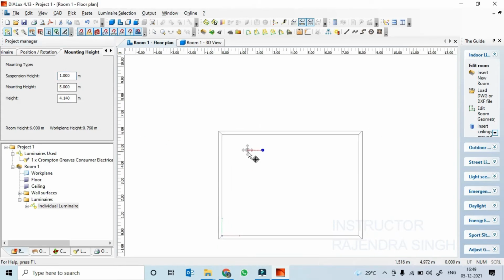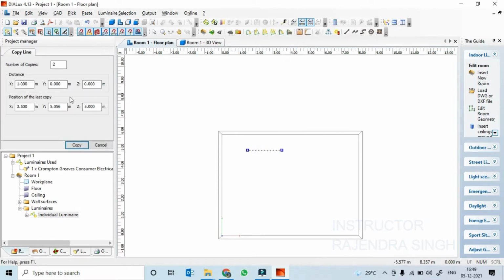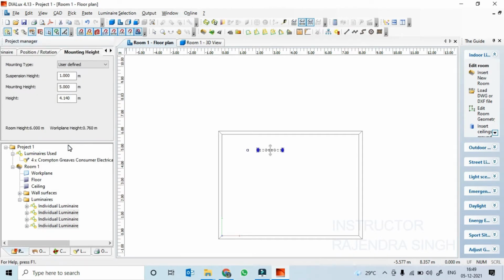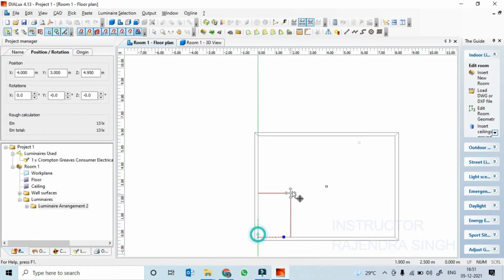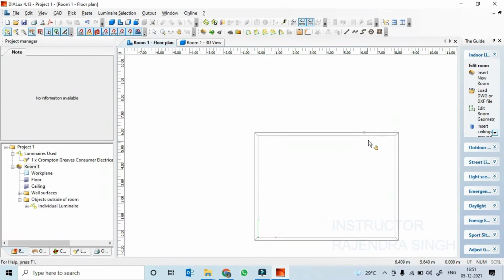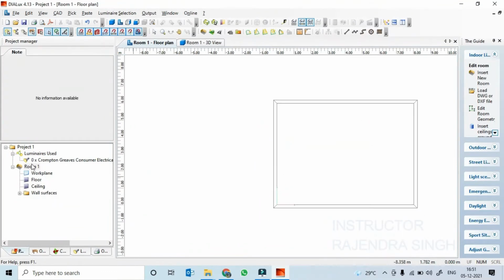And then for symmetry, you can right click and copy along a line. Let's say the number of copies I want is 3. I'll show it from the beginning itself.